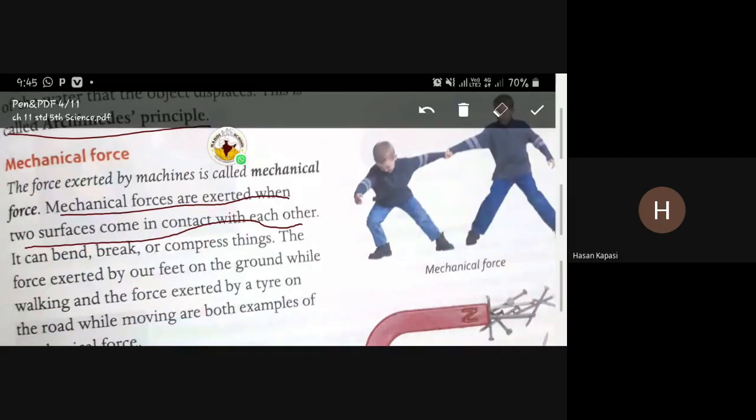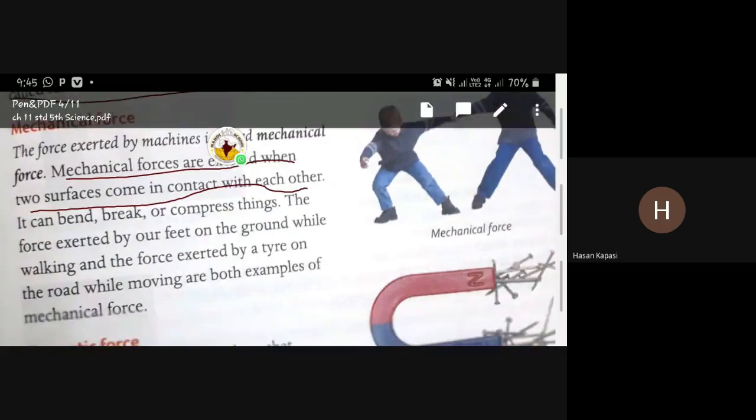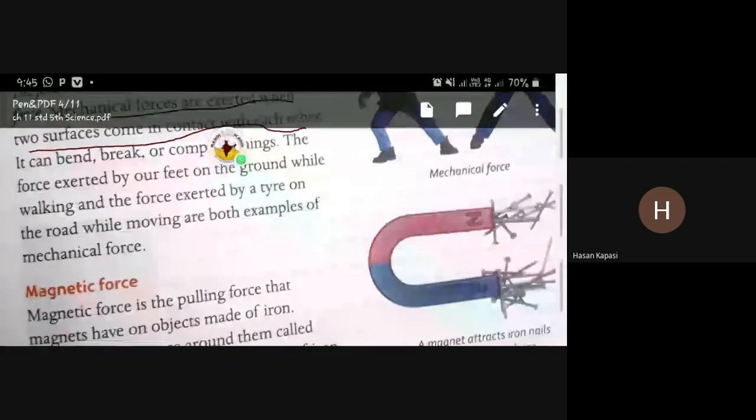Okay, this type of force arises. We can get a good example while walking. While walking, what is happening? Our feet and the ground are coming in contact. So this is mechanical force, and you can even take a good example of the tire of a vehicle and the ground. When the vehicle is moving, the tire and the ground are two surfaces coming in contact. So this is called